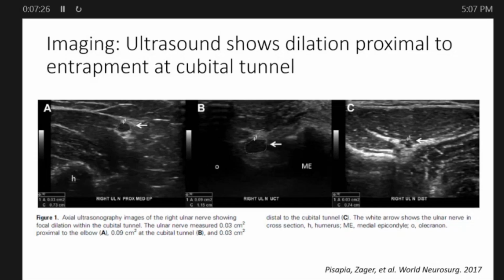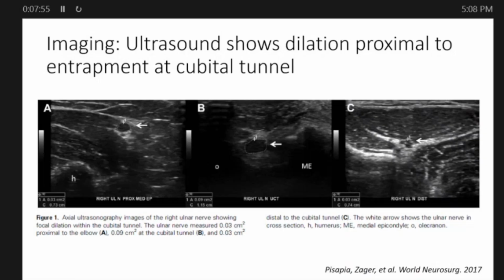And speaking of imaging, would you be able to take us through some of the studies that you would consider getting in working up someone with cubital tunnel syndrome? Sure. Most of these patients already arrive in our clinic with an EMG and nerve conduction study. What you're showing here is ultrasound, which has really become very popular now. And I actually get an ultrasound study of every ulnar nerve entrapment neuropathy now because it's important not only to